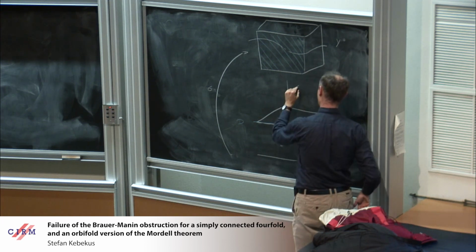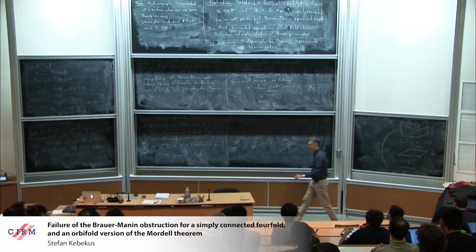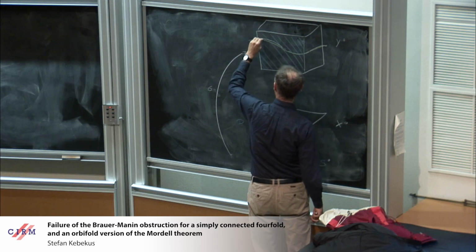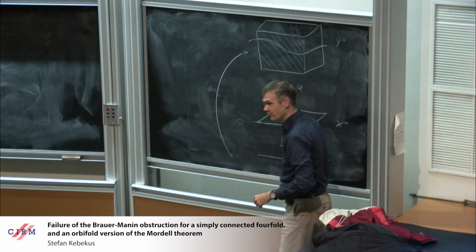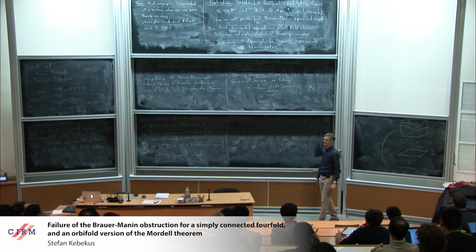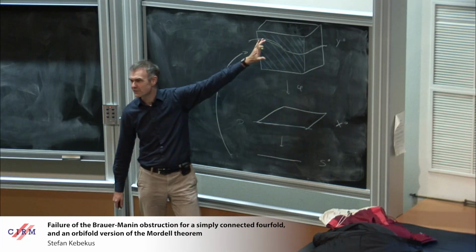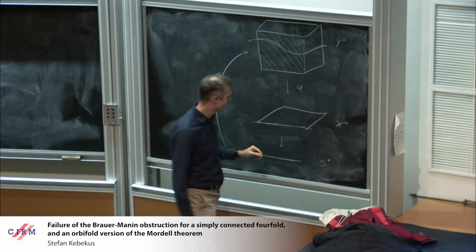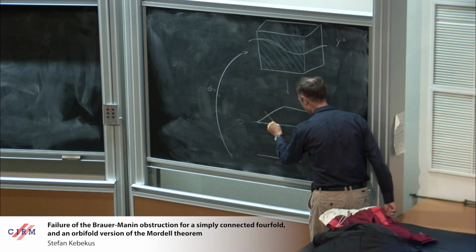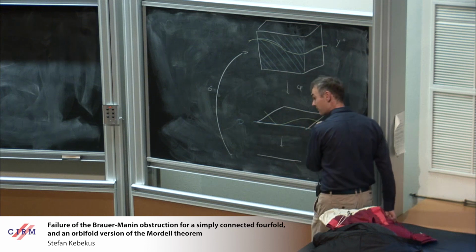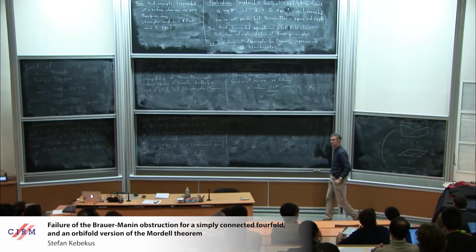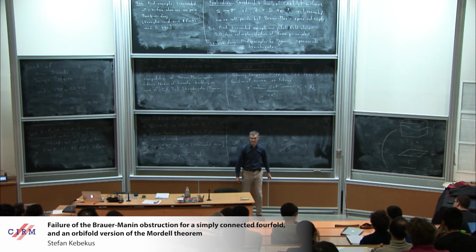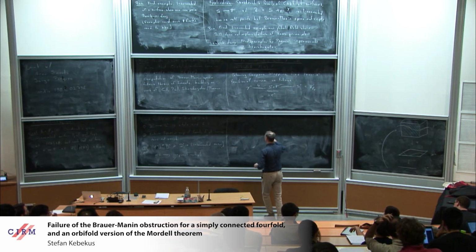And then I can take phi of this curve. Maybe the curve should have a color, green maybe. So here's my green curve. I take the image of this curve, and I observe that the image of this curve is not arbitrary, because this blue divisor here appears with multiplicity. And that forces the image of the green curve to intersect the divisor D here tangentially, maybe to order 3, but certainly not transversally, never transversally. This is what comes out of all components being multiple. So, the central observation.